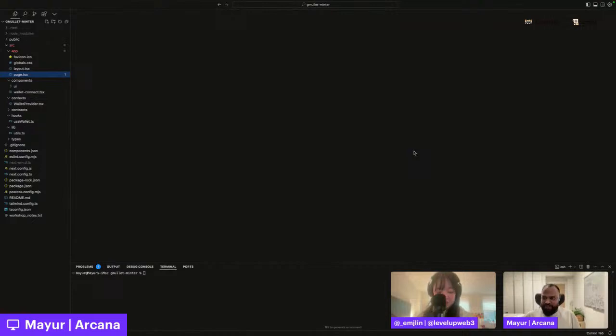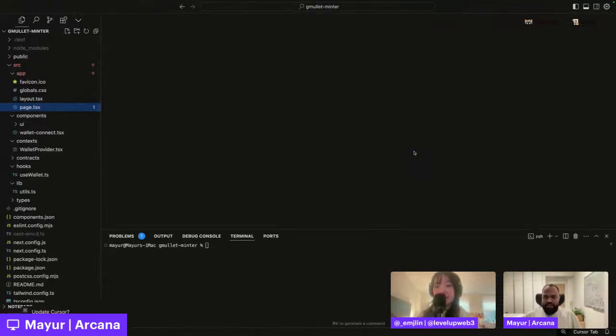Yeah, we'll do that. Okay, so what we have here is a very simple NFT mint that we're going to be doing. I've already imported this code. There's a GitHub repository for this code base. I'll share that with you. Maybe you can share it with your audience and the community to basically try this out.